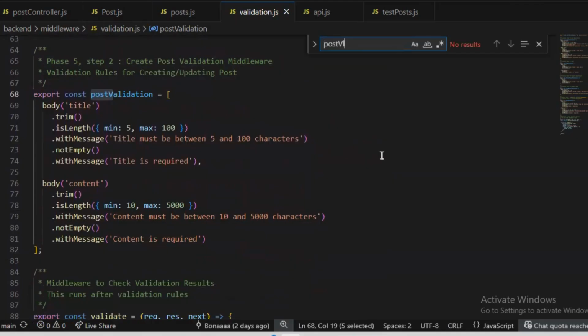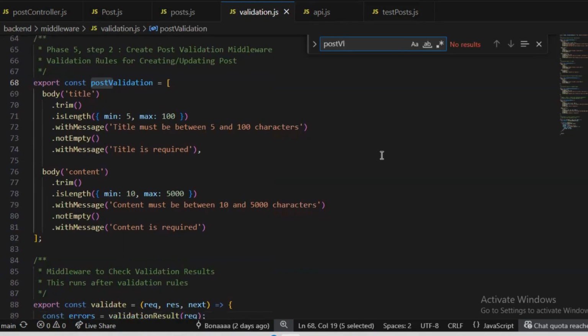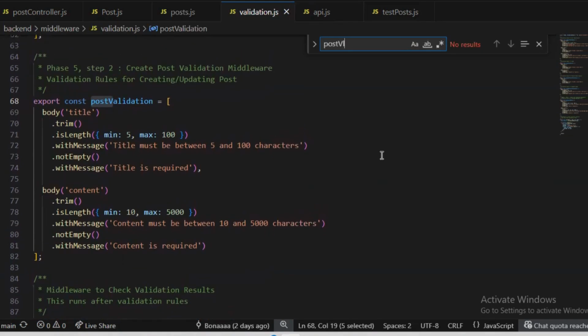Okay, now the validation middleware. Input validation will prevent security vulnerability. There is a title and content length limit along with sanitation to protect against malicious input while maintaining usability.